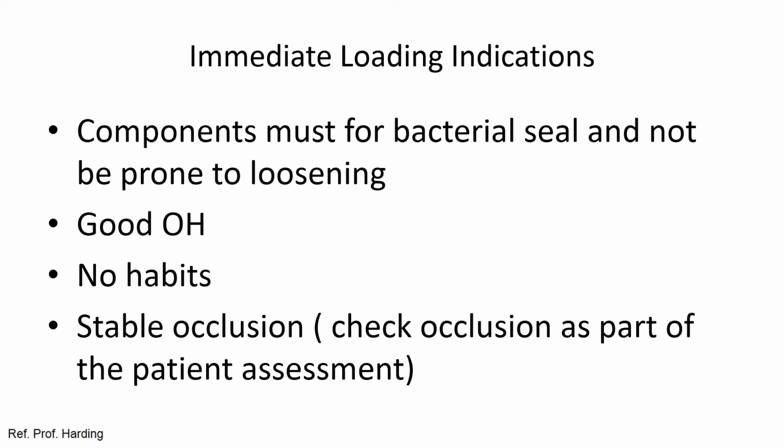The implants will be subject to uneven loading or excessive loading, which will cause micromotion or movement within the implant interface, and that will ultimately result in fibrous encapsulation of your implant or fibrous union, and you won't go on to develop that secondary fixation, that all-important biological osseointegration. So the component and the system you're using is a very important requirement if you're intending to do any kind of immediate